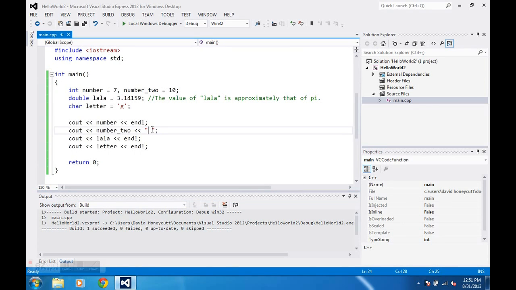What this actually is, it's not a character, this space. It's actually a string, and a string is what it sounds like. It's a string of characters. To output a string of characters in C++,